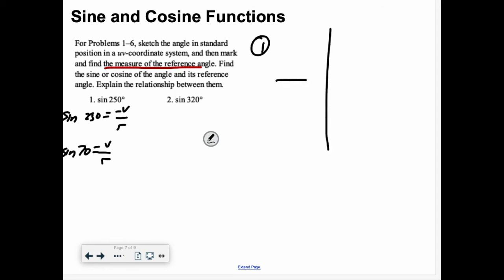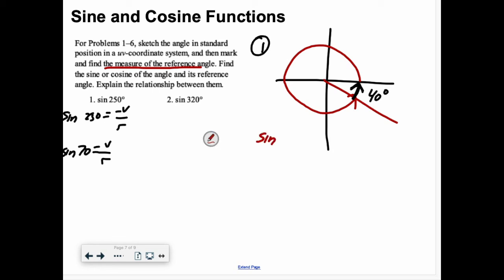So 2, we're finding 320, so that's going to be 90, 180, 270, 320. The reference angle is going to be this, and that's going to be 40 degrees, because the 320 plus the 40 is going to equal 360. And then if I find sine of 320 degrees, that's going to be negative v over r, because this is the point